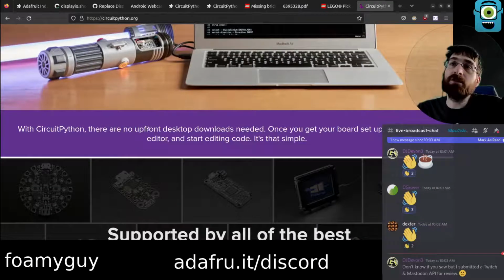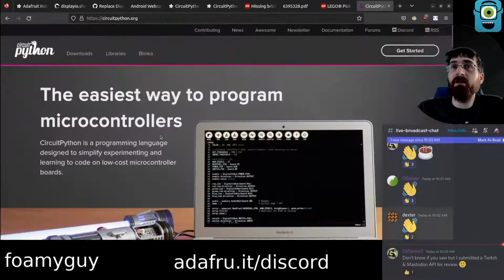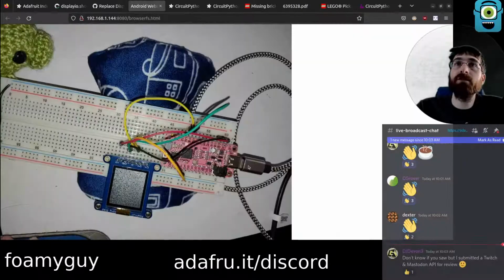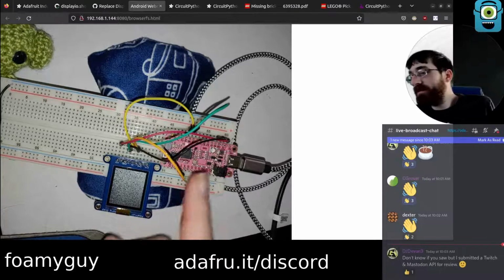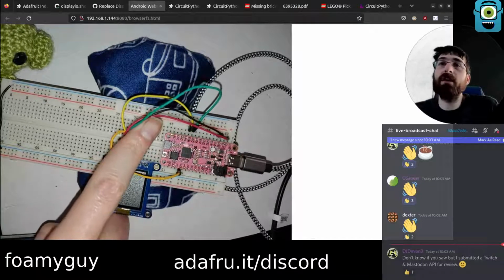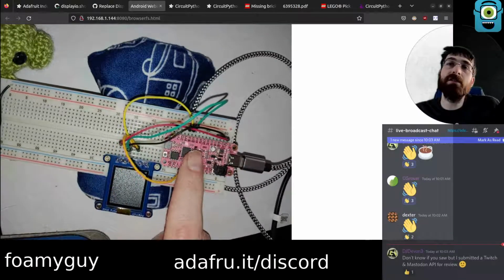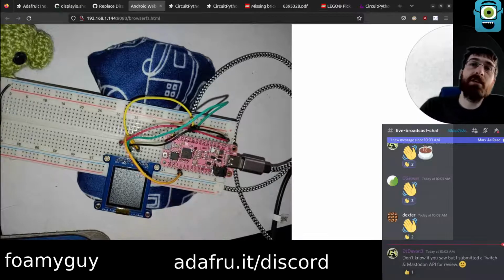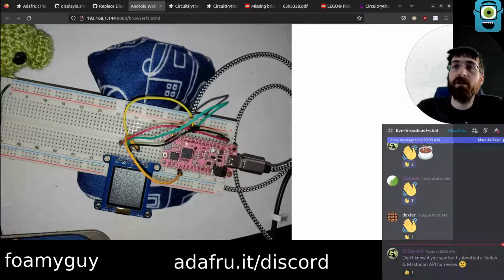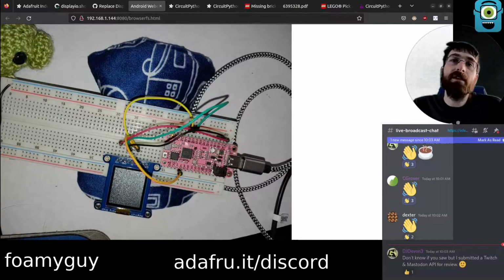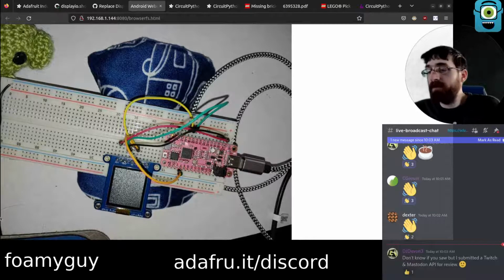I would encourage you also to join us on Discord, which is linked down below. Basically, though, this is an implementation of Python. It runs on tiny computers called microcontrollers, like this pink one here that's kind of hidden by the wires. This little computer inside this main chip here can run Python code that we're loading on it through the USB port there, and it can interact with other hardware devices.